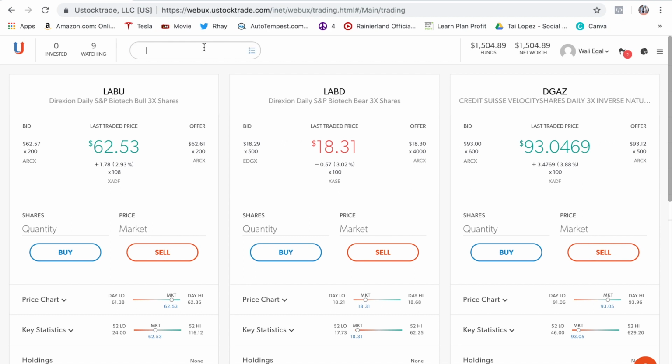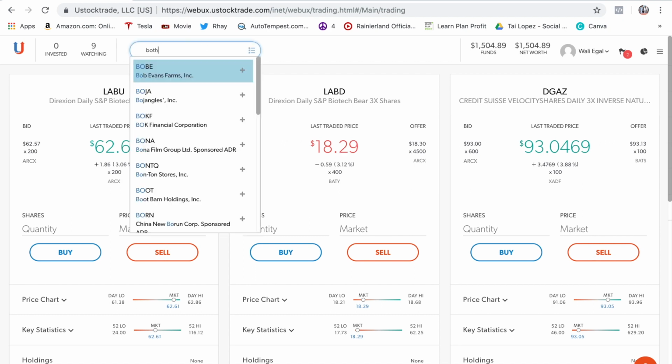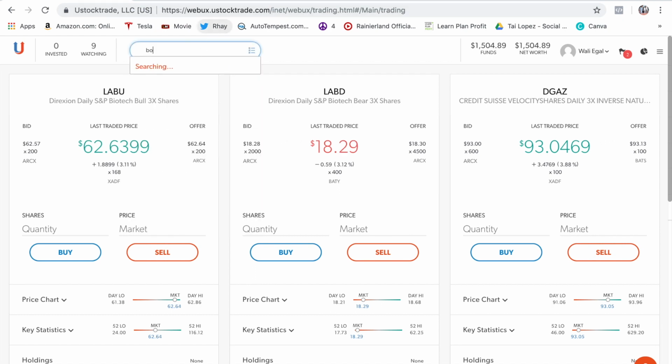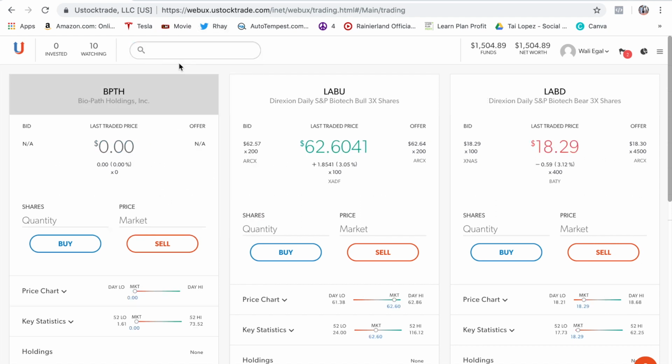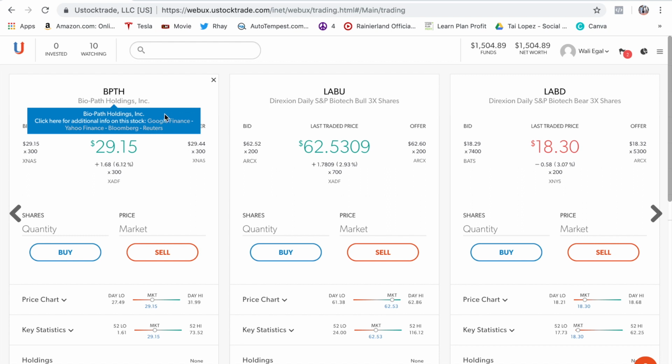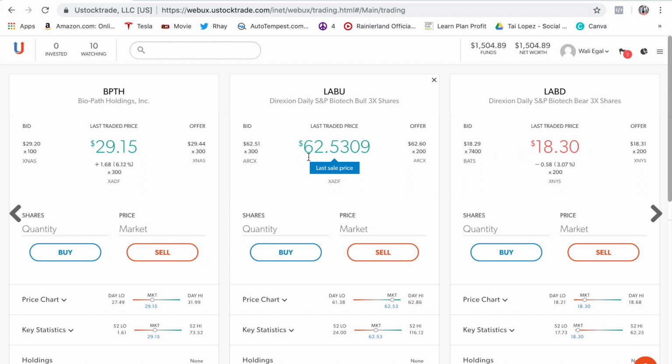Let me show you a lower cap stock, let's see if it shows limited liquidity. Let me check. Yeah, you would see some stocks, some penny stocks, say limited liquidity, and what that means is you can't basically take a position. So if you guys are heavily into penny stocks, I would not recommend using this broker. But if you're trading your everyday, regular, higher cap stocks or ETFs, I recommend this broker.